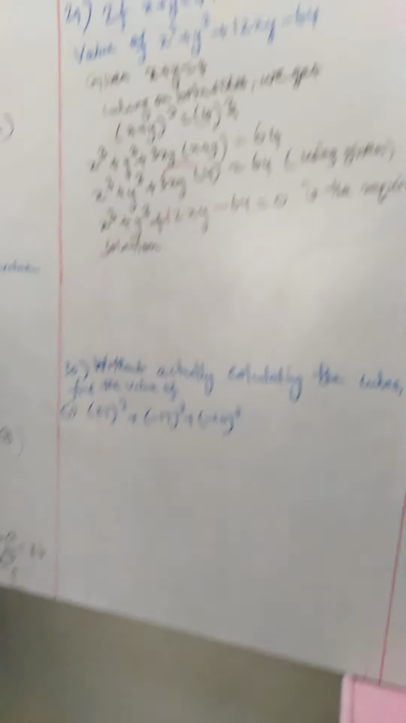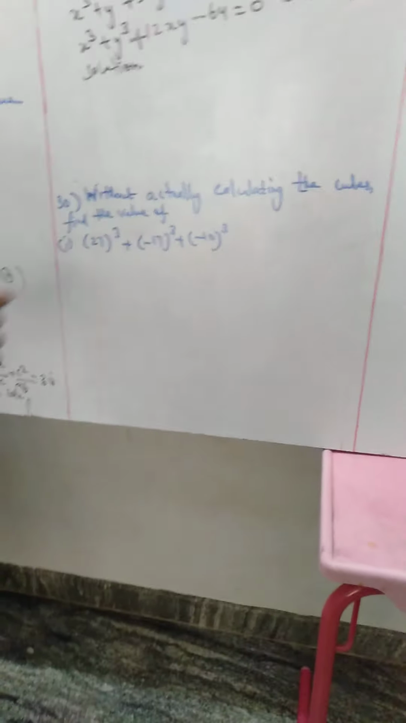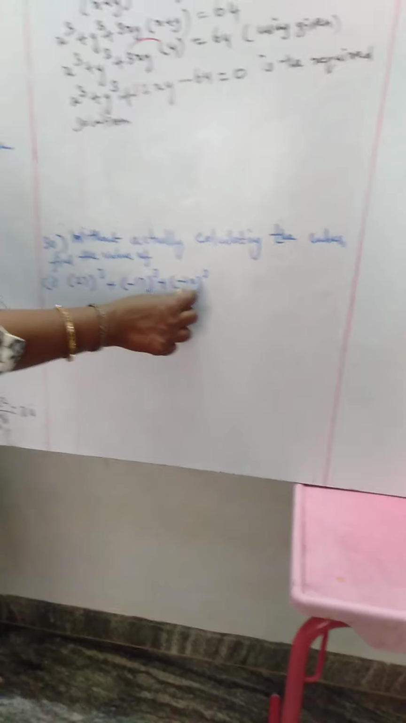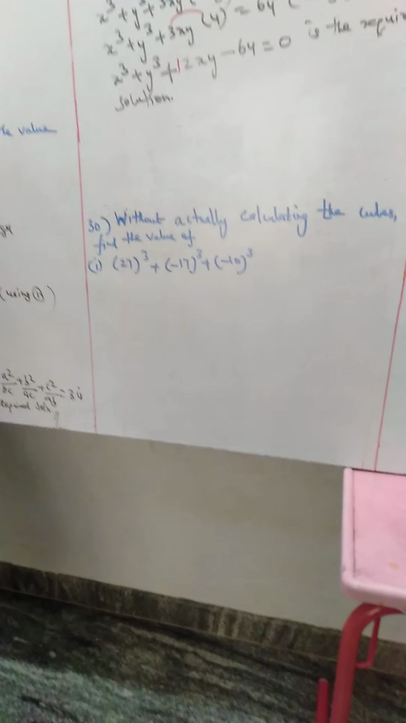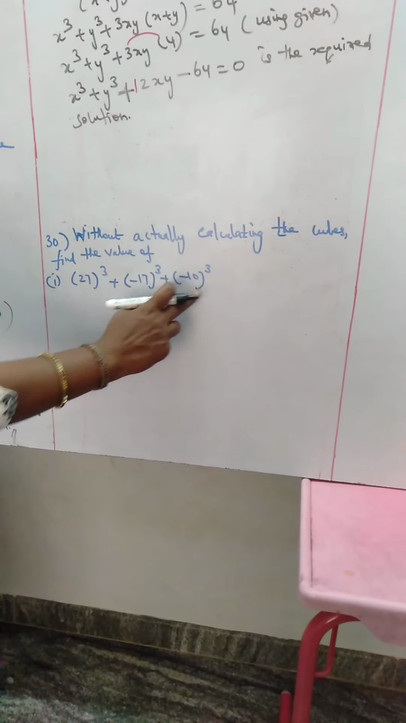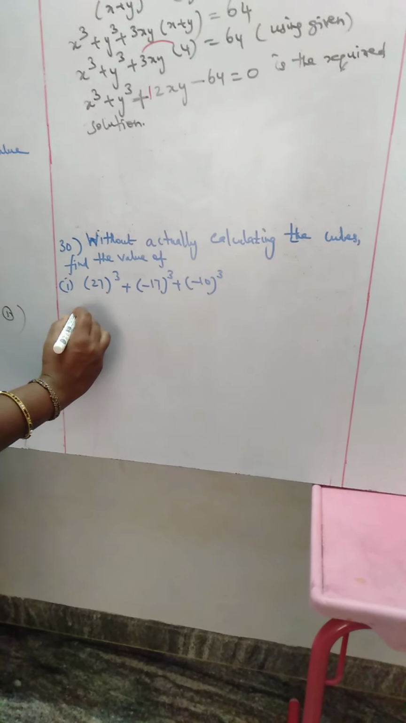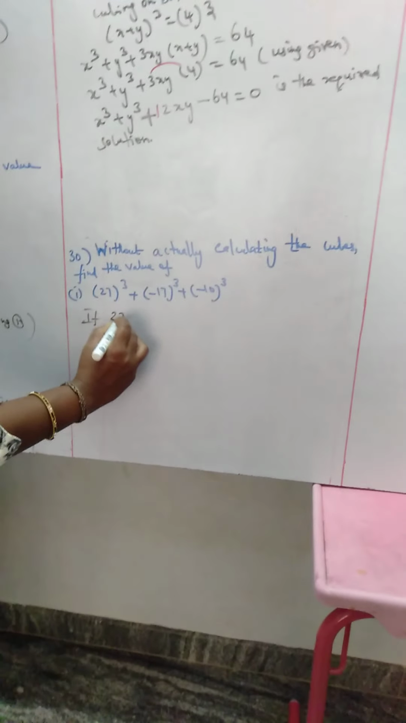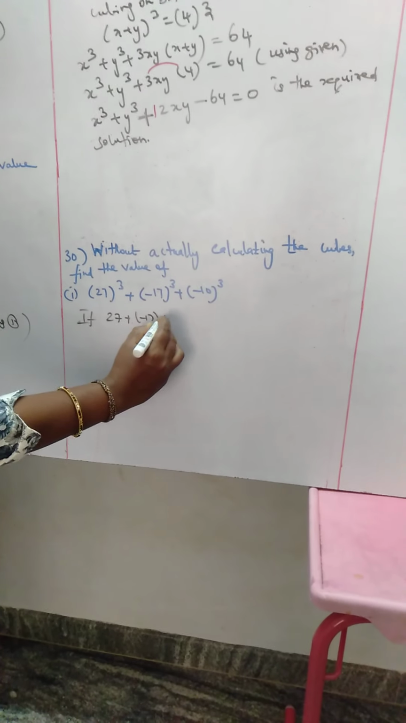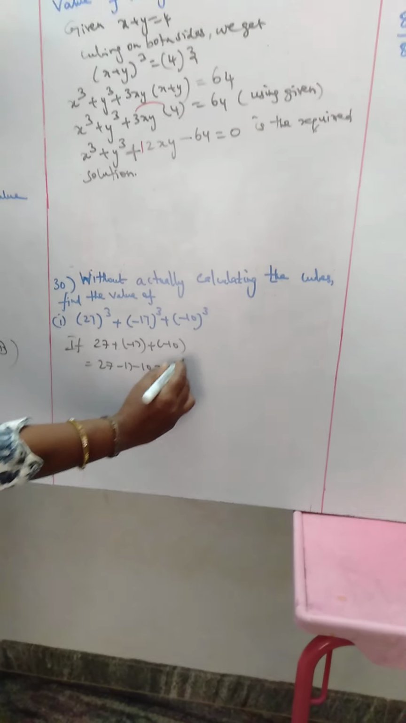The next question, without actually calculating the cubes, we have to find the value of 27 cube plus minus 17 the whole cube plus minus 10 the whole cube, right? So what we are going to do here is, first let us check whether if we add these three terms, whether it is equal to 0, then we can use the identity. So if 27 minus 17 minus 10 equals 0, then